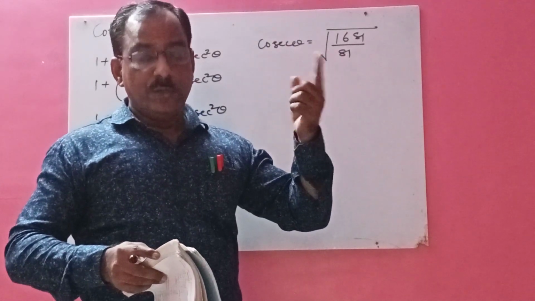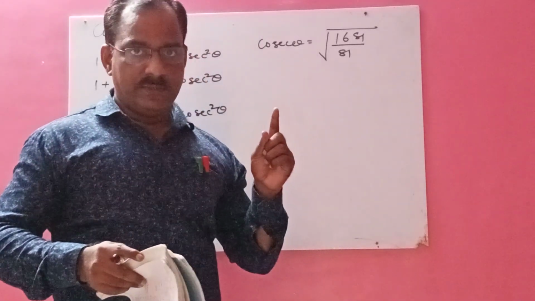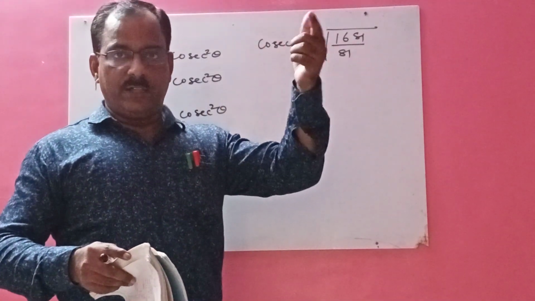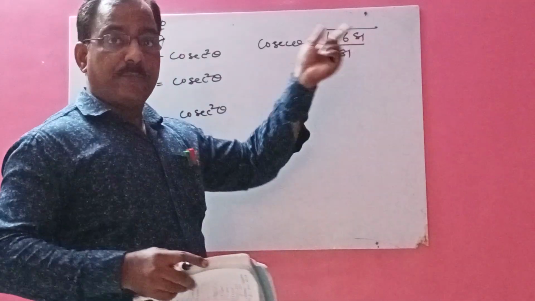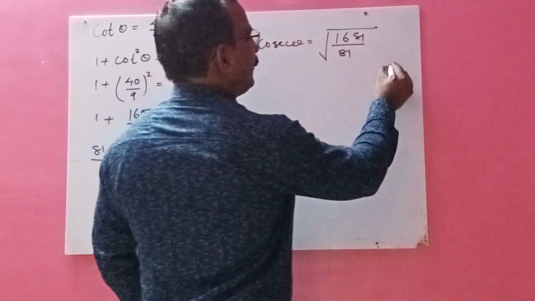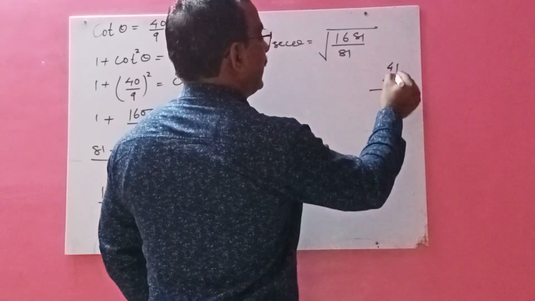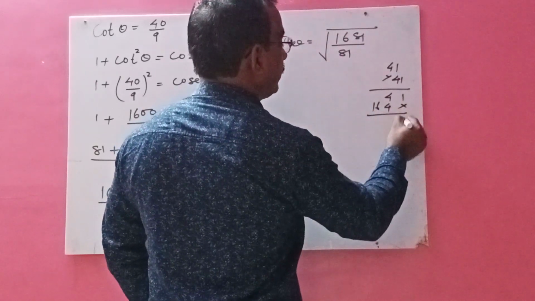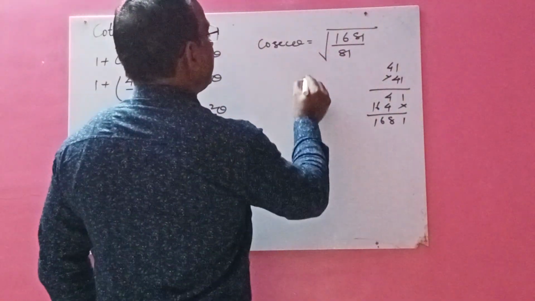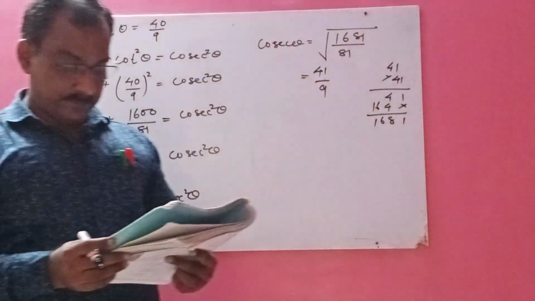Between 40 and 50. So find out the square of that number which has unit place 1. So like I will say here, 1 square is 1, then 9 square is 81. So this is the square root of either 41 or 49. Just check it here, 41 into 41. So 1, 4, then 4 ones are 4, 4 fours are 16. So it is the square of 41. So therefore cosec theta is equal to 41 upon 9. Square root of 81 is 9.